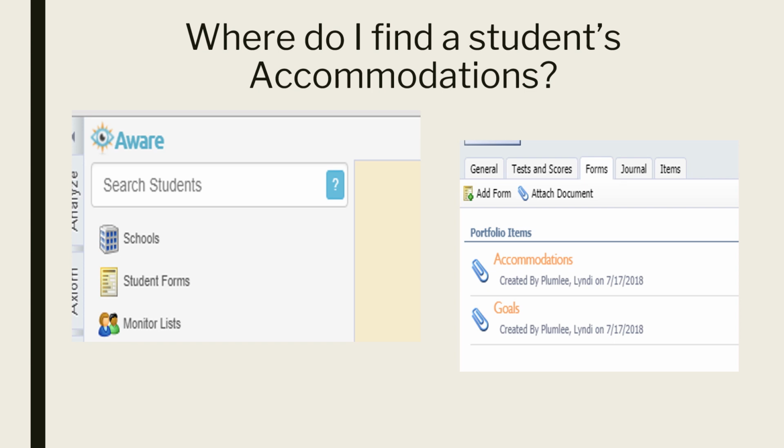A student's accommodations, behavior intervention plans, and other information critical for students will be found in AWARE. Your campus special education teachers and support staff can assist you in locating these accommodations. Additionally, they are there to support you in understanding what an accommodation looks like in your classroom and can offer suggestions for documentation, accommodation use, and refusal. Remember, accommodations may be beneficial for all students. Our goal is to ensure that we document what we are providing to students to ensure that the student-specific committee members have accurate information to make informed decisions.